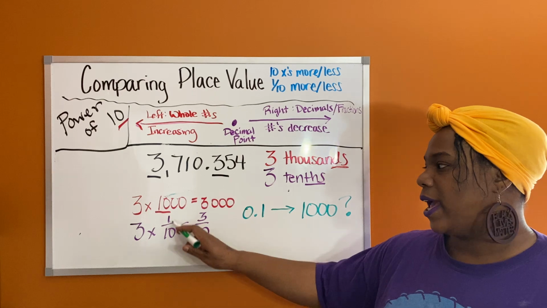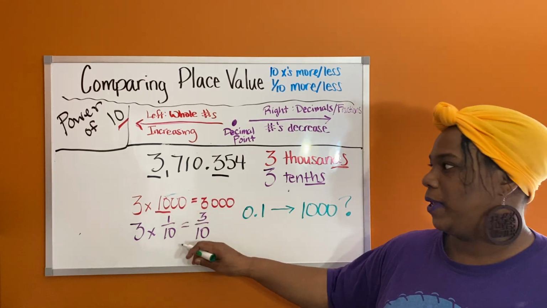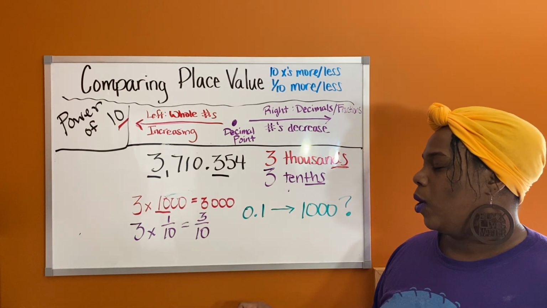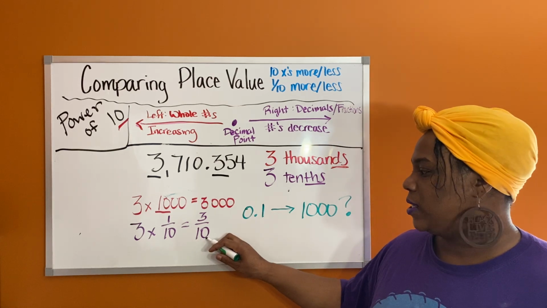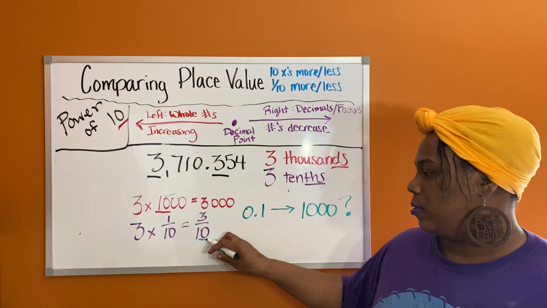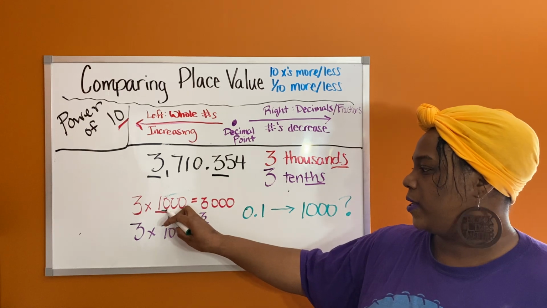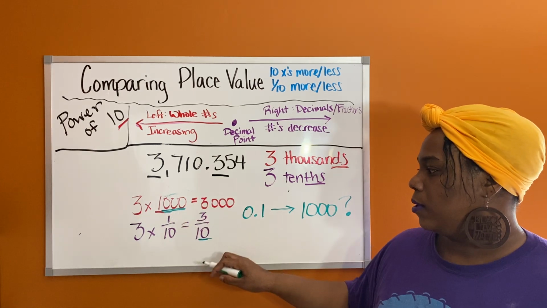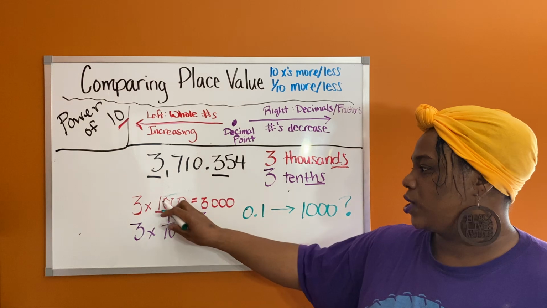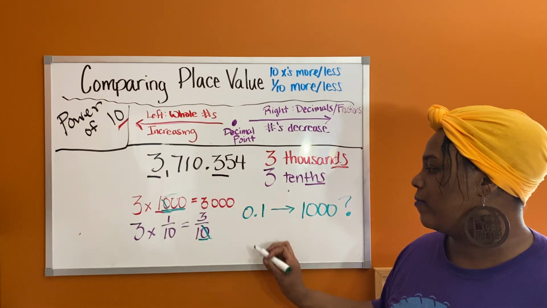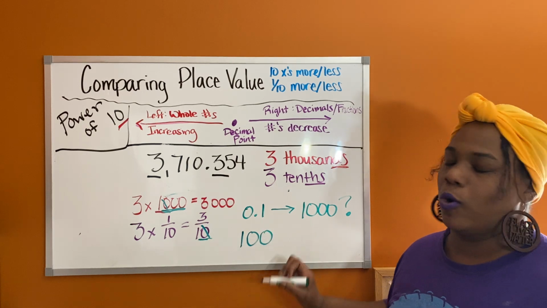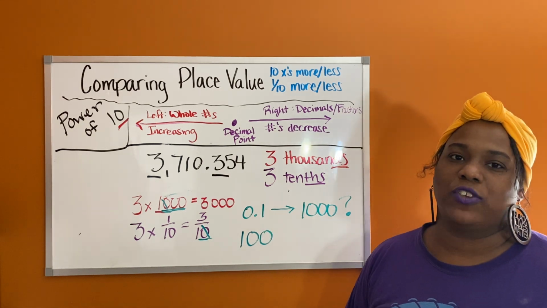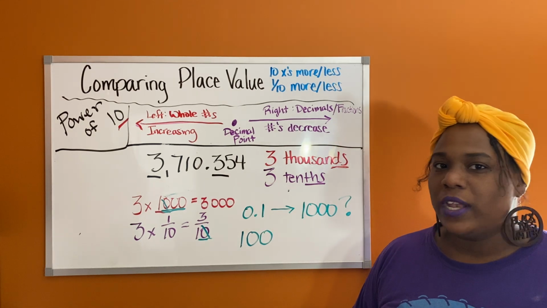If you're looking at a 10 and a 100, a 10 and 1,000, what are the differences in zeros? This guy has 1 zero. This guy has 3 zeros. So those would cancel each other out. So that means I'm left with a 1 with 2 zeros of baggage, which we know to be the